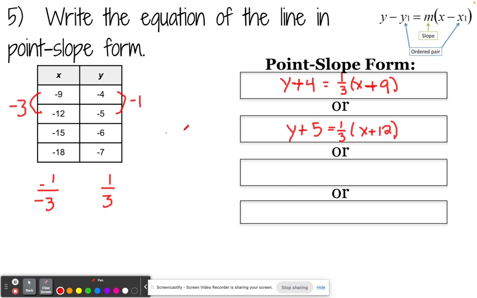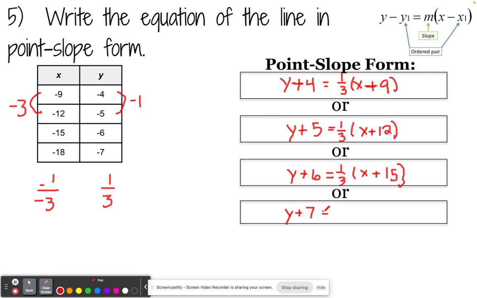My third one, y minus negative 6 is going to become y plus 6 equals 1/3 x minus negative 15, which becomes x plus 15. And my last one, y minus negative 7 is the same as y plus 7